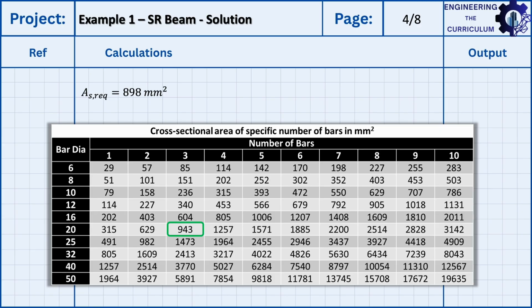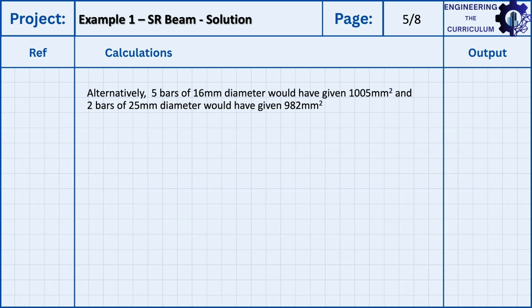So for example, as we saw, 3 bars of 20 give us the required amount of reinforcement, but so do 2 bars of 25 and 5 bars of 16. So you can see here there are quite a lot of options that will answer that required area. So just to summarize, we could have taken 5 bars of 16 diameter and we would have gotten 1005 millimeters square reinforcement, or we could have taken 2 bars of 25 and we would have had around 982 millimeters square of reinforcement. Both would have been valid answers given that they would have suited in terms of different things like